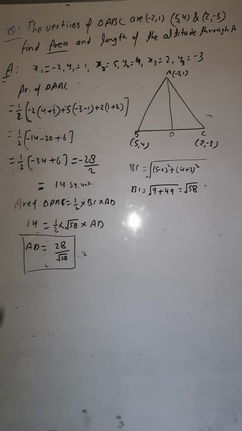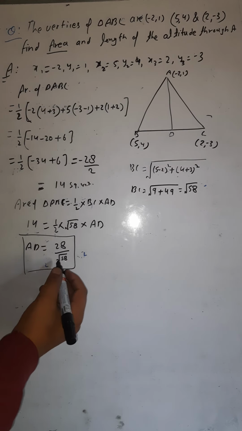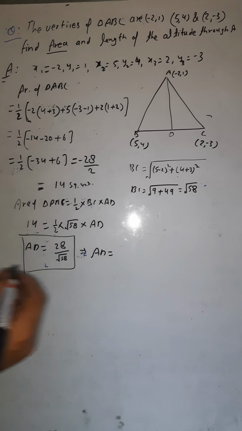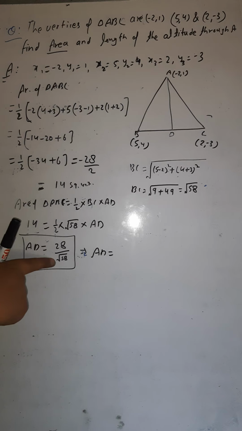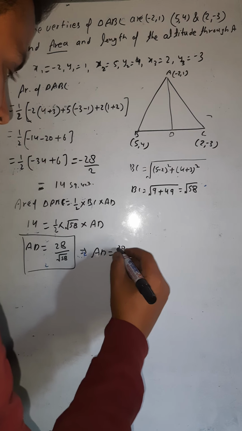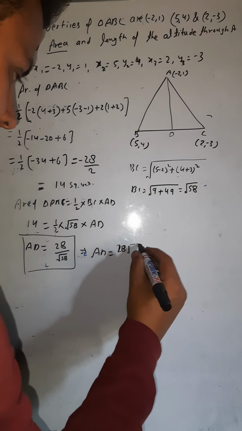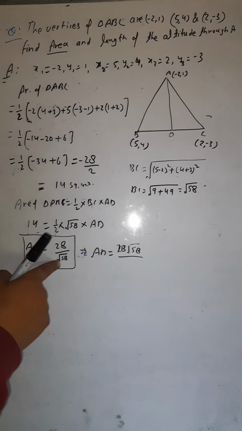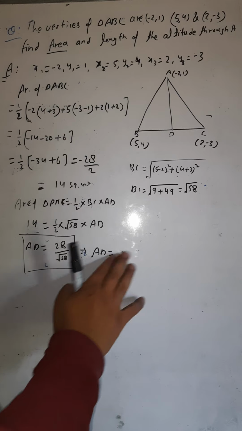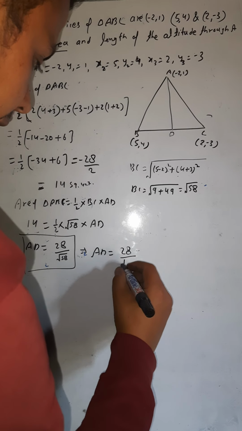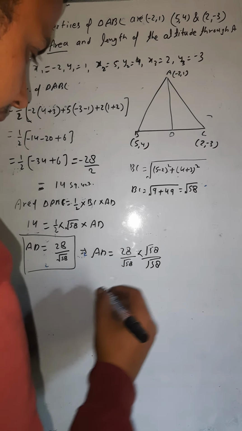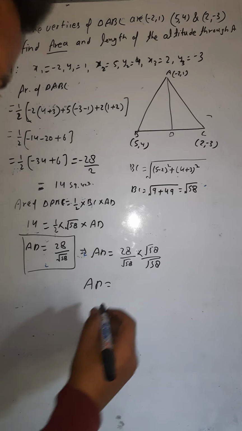If you want to simplify it, you can also do so by rationalizing the denominator. It implies AD would be equal to 28 by under root 58, multiplying the numerator as well as the denominator by square root of 58. So from here AD would be equal to 28 root 58